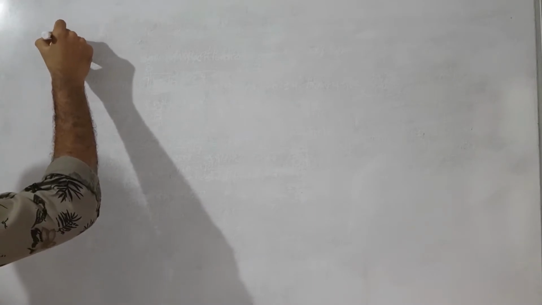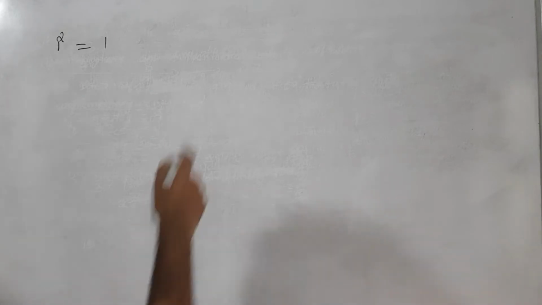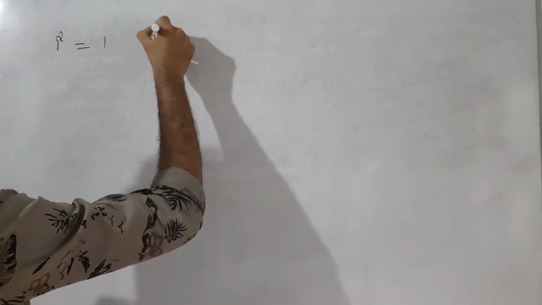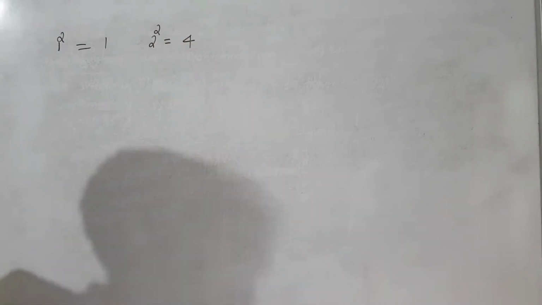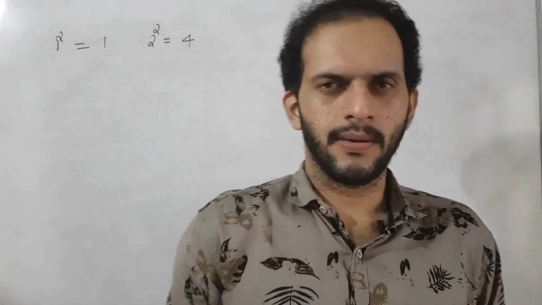The next one is, here we know the square of 1. The square of 1 is equal to 1. Correct? What is the square of 2? The next number after 1 is 2. What is the square of 2? That one is 4. Correct? Then here we are just discussing